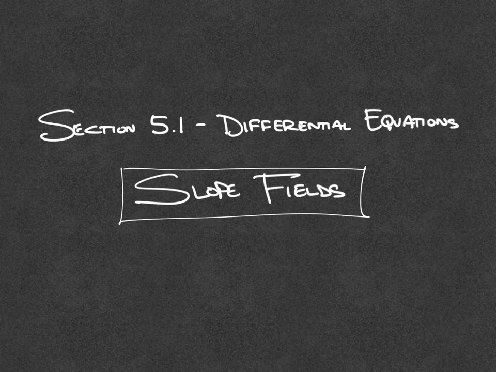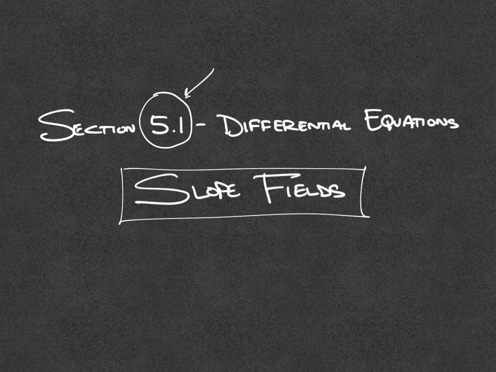Quick side note. You might be wondering, why on earth is everything that we do in differential equations called section 5.1? The reason is that in our textbook, the only part of chapter 5 that is covered on the AP Calculus AB exam is stuff in section 5.1. I've chosen to split it up into several different lessons, which is why I'm calling them 5.1 intro, 5.1 slope